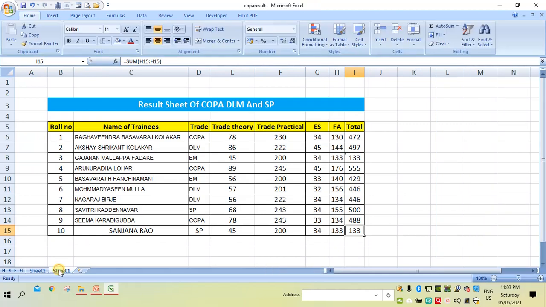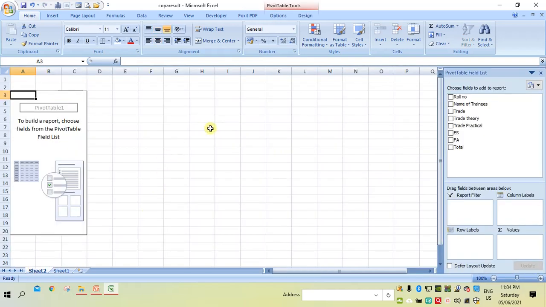Now let us see how we can work on the pivot table. In a pivot table we can take all the information of this table, or we can choose some data, columns or rows to show in the pivot table. Let me show how the pivot table works, and how it gives you more information than an ordinary table.